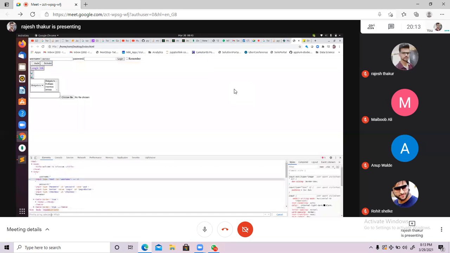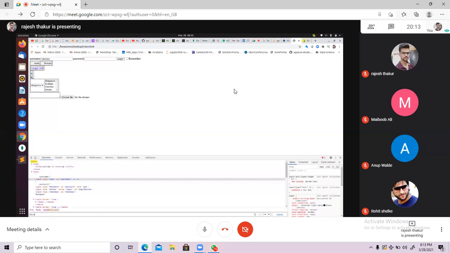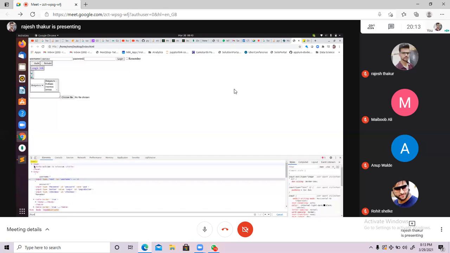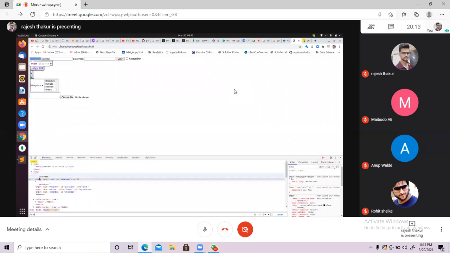So just press Control F. Once you press Control F, you get this search box, right? Just type HTML. We went to the parent node. This is my parent node. Can you see this? The complete page got highlighted. Inside the HTML, we have two tags: one is head, another is body. Our target is in which tag? Head or body?